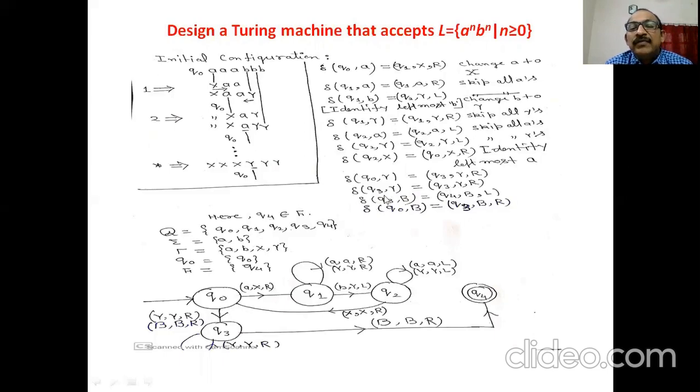If at state Q3, input is B, means you are in this position, machine in state Q0, instead of A, Y is encountered, you replace this Y by Y and we want to move in the right direction. Replace this Y by Y again, and when this blank symbol is encountered, means we are in state Q3, blank symbol is encountered, machine goes to the state Q4, replaces this B by B, and moves in the left direction.